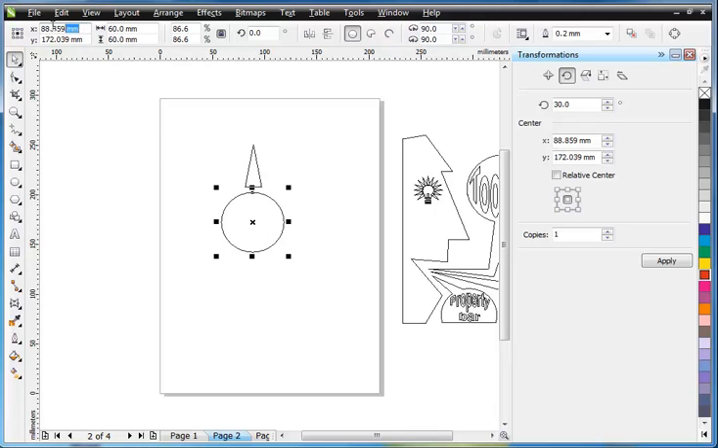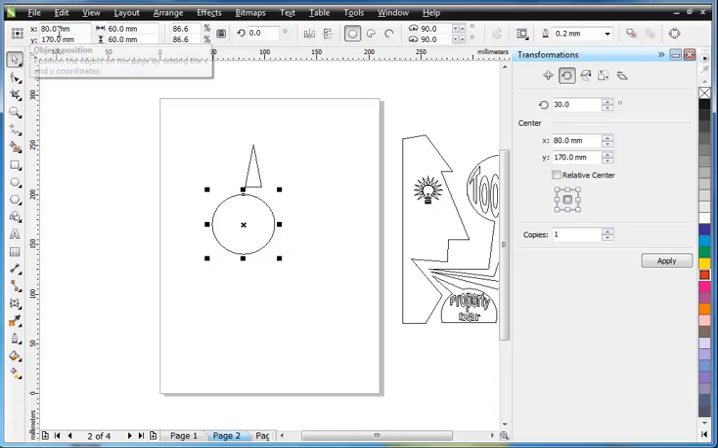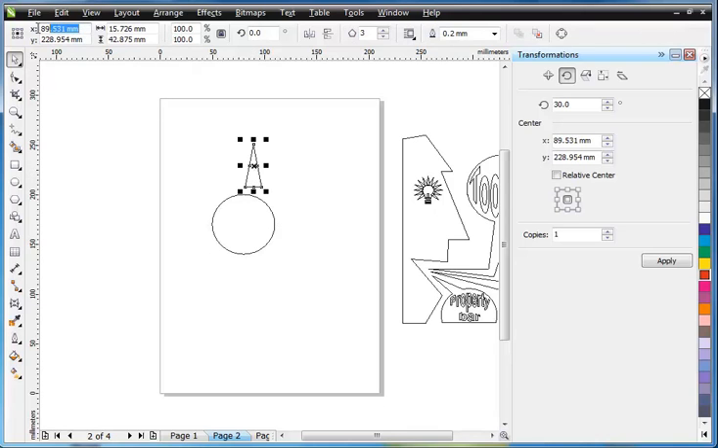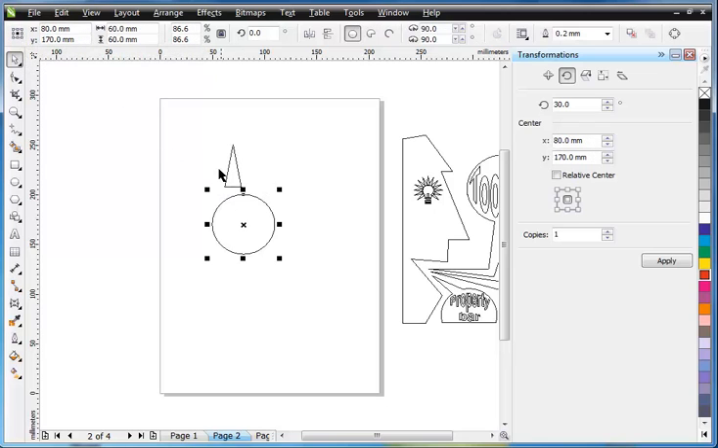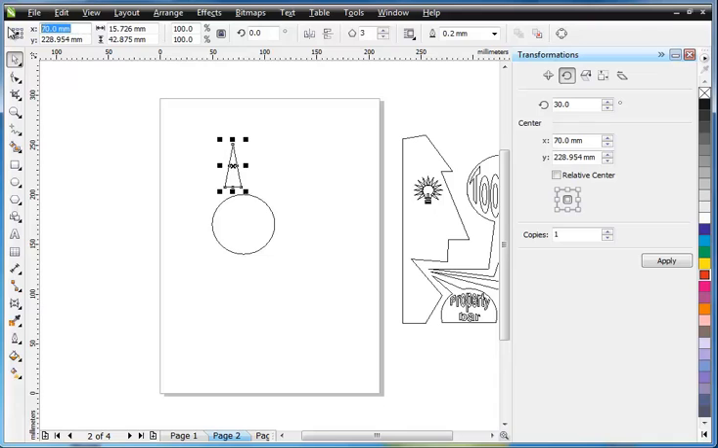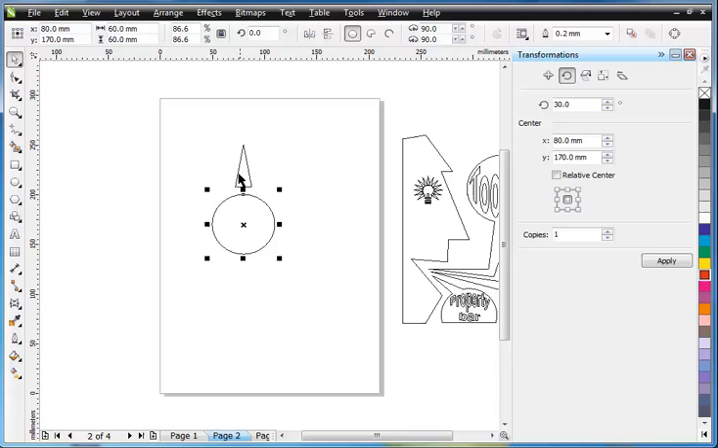Select the circle. Change the circle's X position to 80 and Y position to 170. Now, select the triangle and change only the X position to 80. What does it mean that both figures have the same X value? It means they are vertically aligned. So, when we set the same X value for both the circle and the triangle, they will automatically be aligned